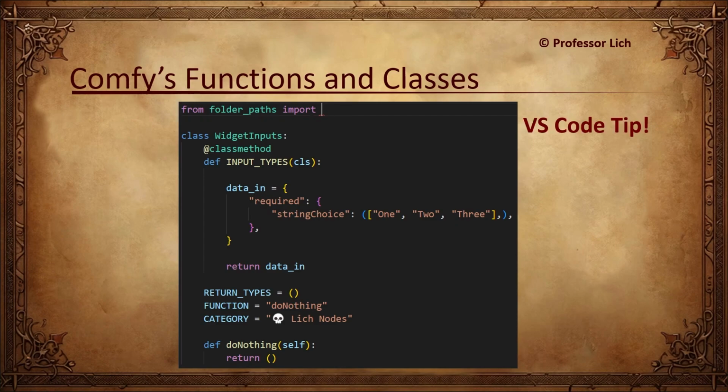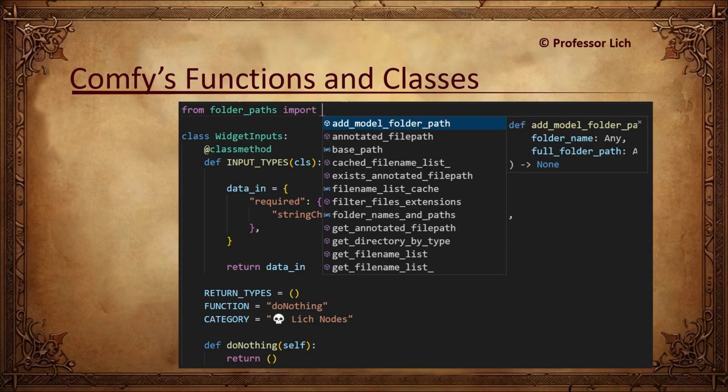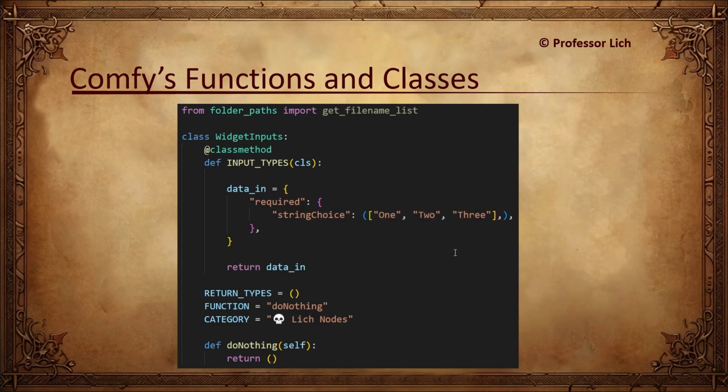Now let me show you a trick you can do in Visual Studio Code. If you hold down Control key on your keyboard and then you press spacebar, what happens is you will get this context menu appear. It will list various imports you can make located inside folder paths.py file. How awesome is that? So Visual Studio Code knows what file you are attempting to access, it reads it, and provides you with a list of imports available to you. The import we want is this one, get file name list. So you click it or use keyboard to navigate to it. Once you do, this function should be available to you.